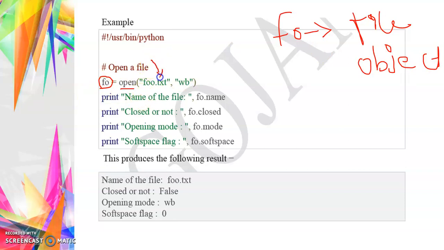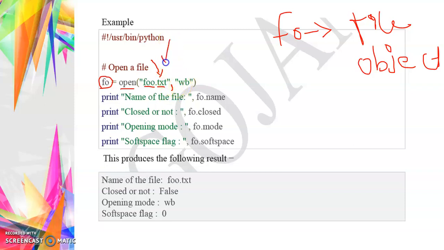That means foo.txt. So foo is the file name, right? Dot txt is the file format, text format. The file format could be text files, image files, or video files, whatever the file extension is. So in this open function, I'm going to open the text file foo.